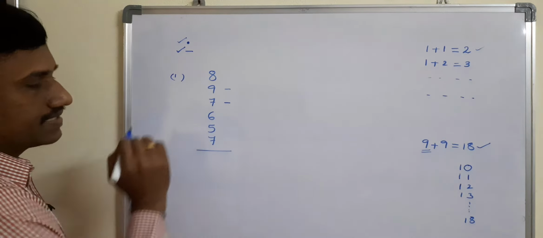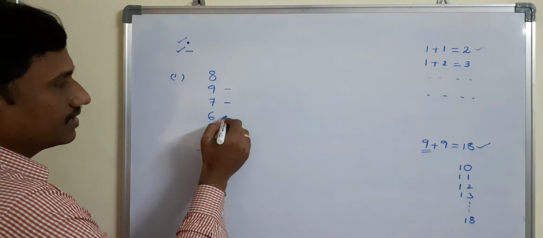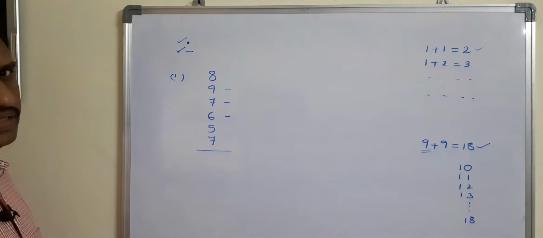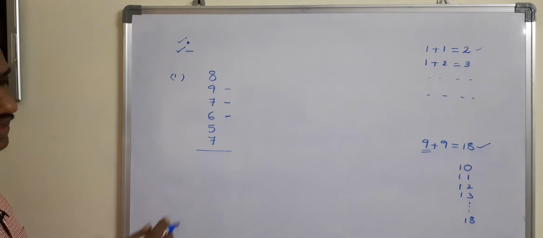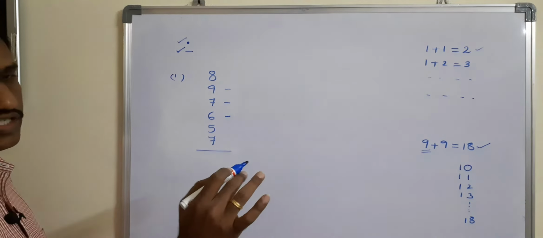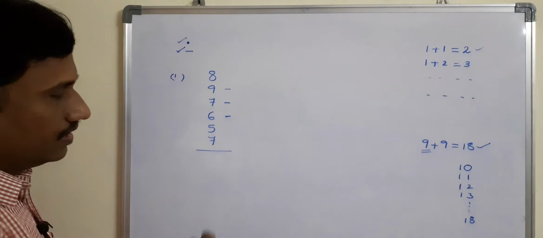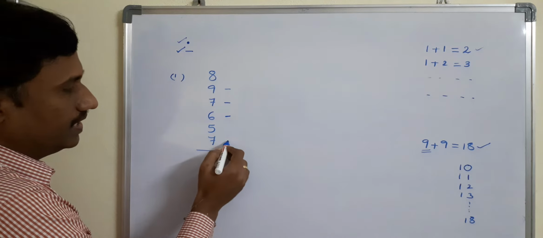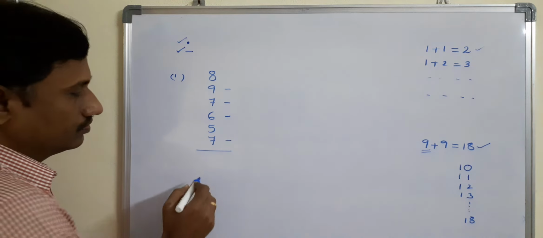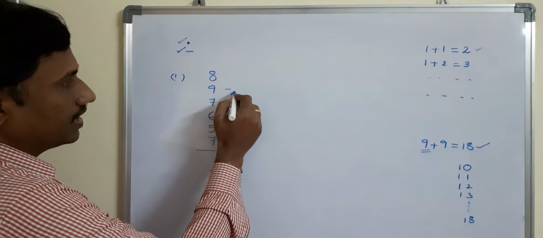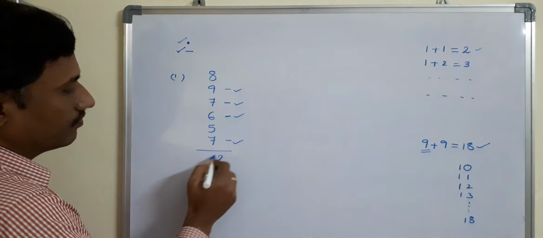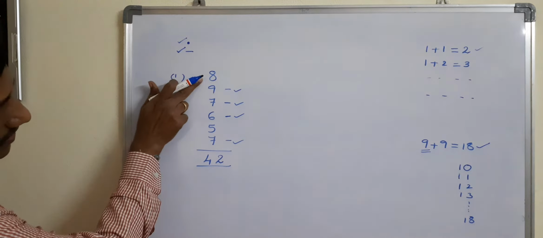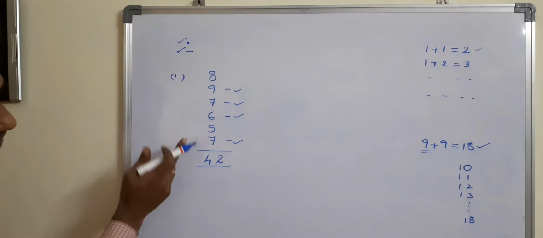Next, 4 plus 6, 10. 10 means remember only 0. Whenever you have a double digit number, like 10, 11, 14, here we got 10, so just remember 0 and put a bar. Okay. 0 plus 5, 5. 5 plus 7, 12. 12 means put again a bar, only take 2. Then how many bars do we have? 1, 2, 3, 4. The answer is 42. That's it. Check it: 9 plus 8, 17, 24, 30, 35, 42.